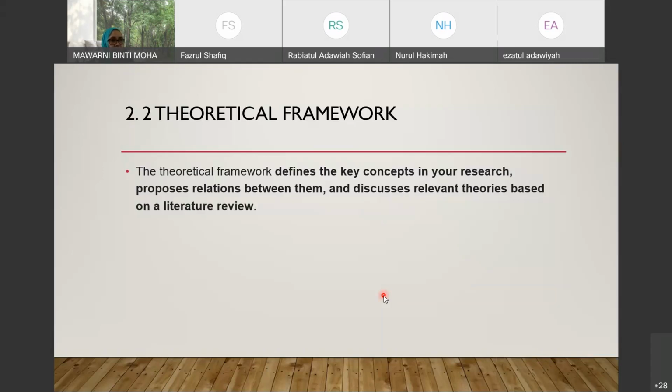Some may think, why do we have to do a literature review? It's important, okay? Because a literature review describes how your proposed research is related to prior research in statistics. Okay, in a while I will mention 2.2; I'm still talking about 2.1 just now. It also shows the originality and the relevance of your research problems, to show that your research is different from other researchers or statisticians. And